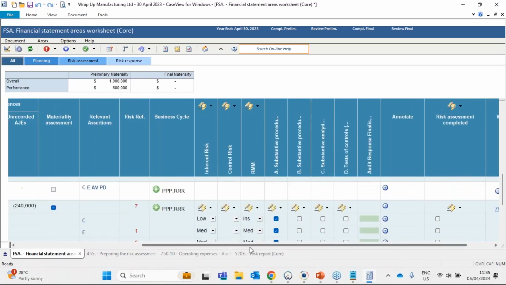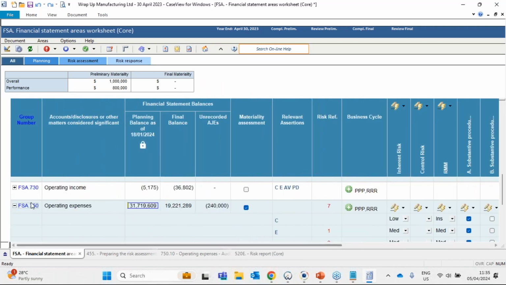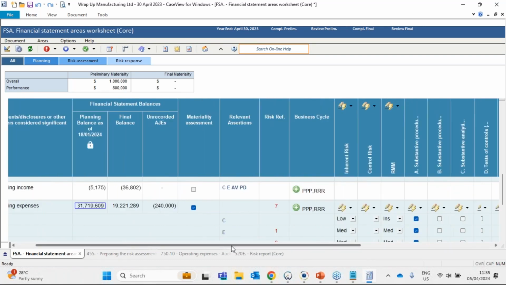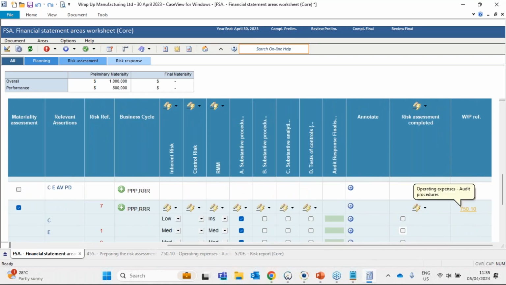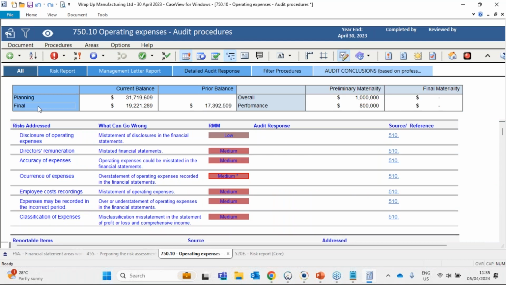Another way to look at the risk is to scroll to the right next to your operating expenses line and go to your work program, your audit procedures. In your audit procedures, on the top part, you will have all the risks that you have documented for your operating expenses, which I remind you include